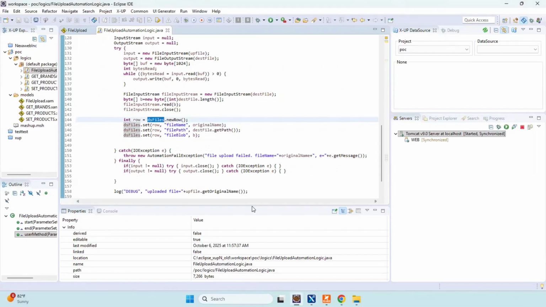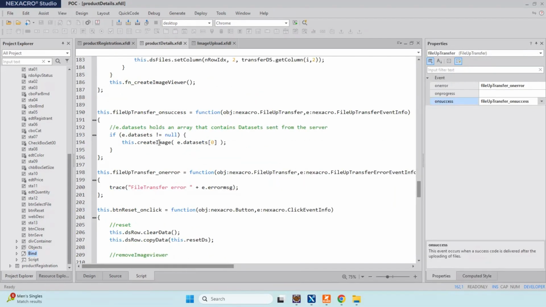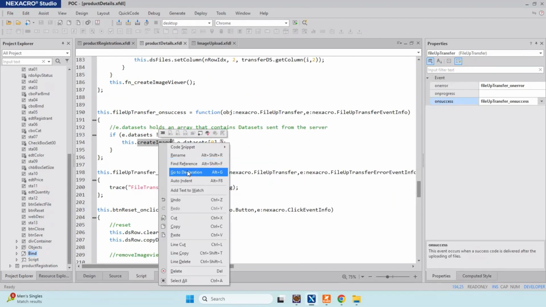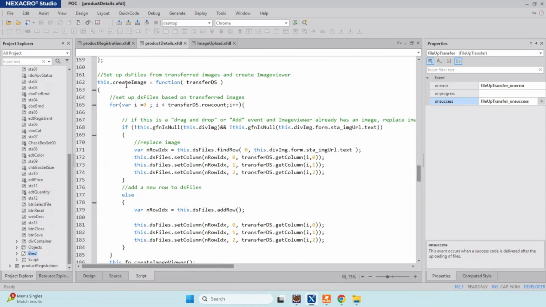This is our output file. So we receive data set 0 and create the image from the data set. So you call create image with the data set that you retrieve from the server. The create image will set up the DS files.